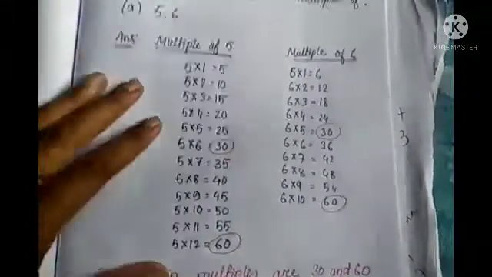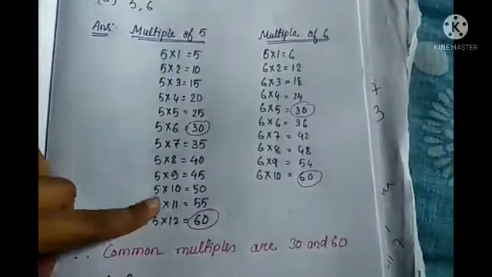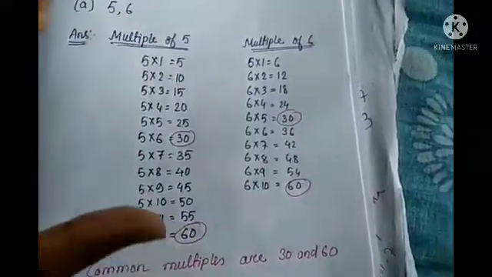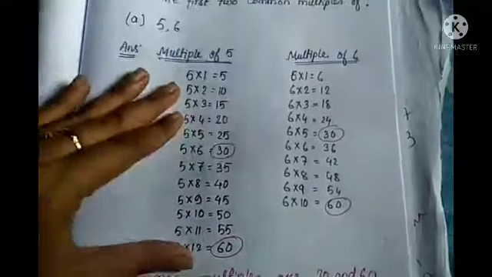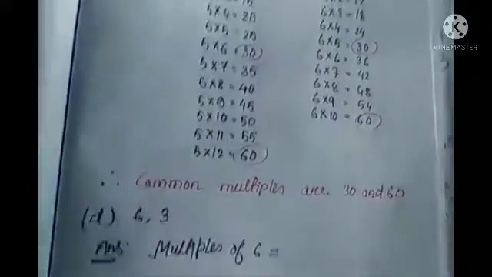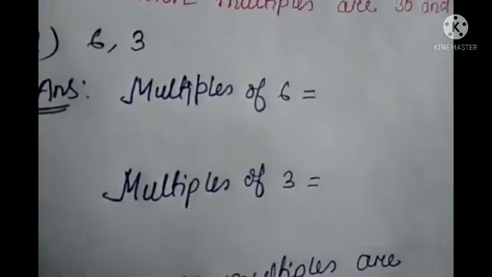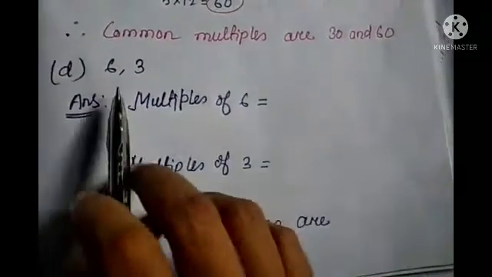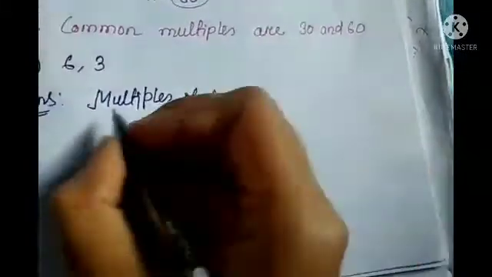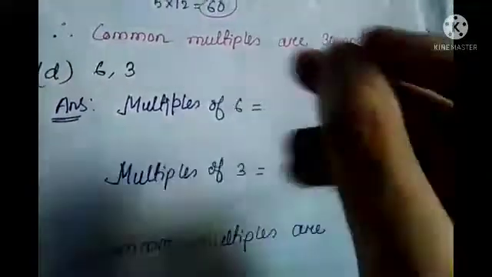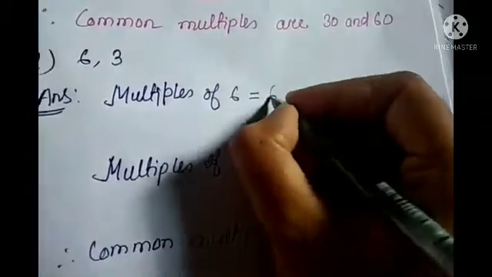If you are not comfortable writing all this multiplication like this way, as it is taking more space and it will take more time also, for that I can suggest you one more method how you can write it down in your copy. So preferably you can use this method to write. Okay, so first of all 6 and 3, right? So first of all I will consider this 6. So let's write the multiples of 6, and no need to give this multiplication sign and all, directly you can write it down. As you know, up to 10 you can write, right?